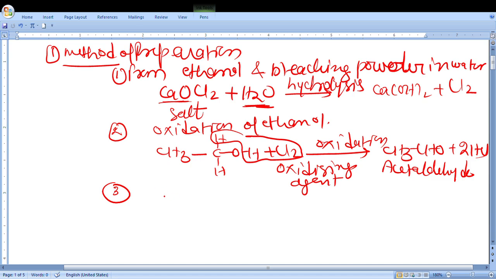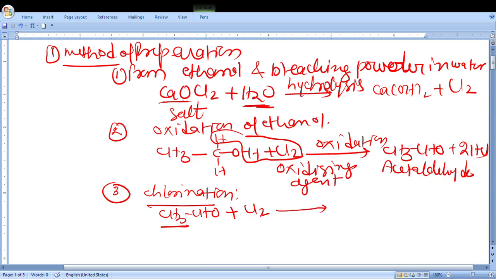Step 2. Because chlorine is a mild oxidizing agent, it can cause the oxidation of alcohol into aldehyde. So next step will be chlorination. CH3CHO plus Cl2. The 3 hydrogen atoms of CH3 will get substituted by chlorine. So we will take 3Cl2 to form CCl3CHO plus 3HCl. This is called chloral or